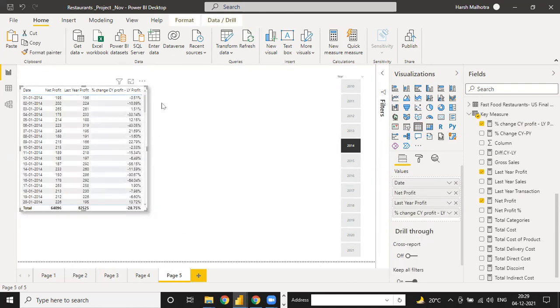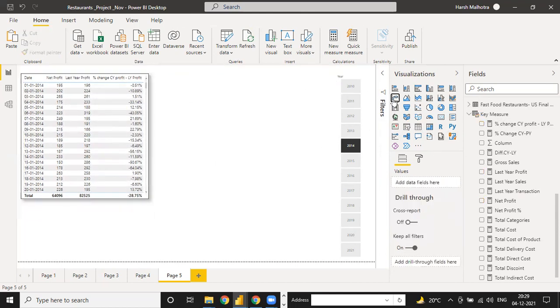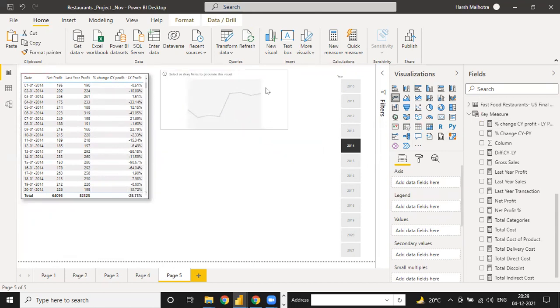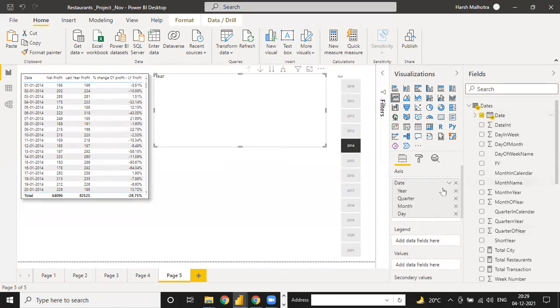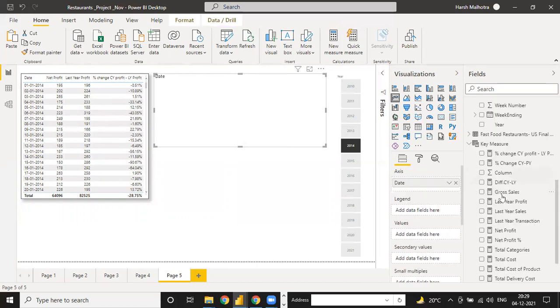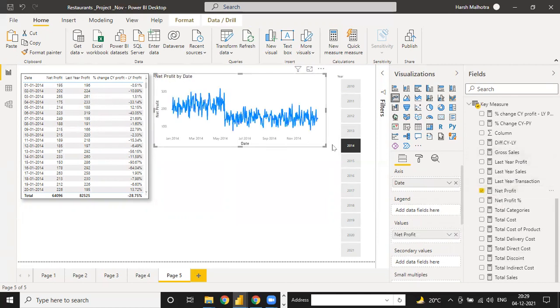Okay, and you can enter your graphical presentation like this: click this line chart. Okay, this is your date, click this, and now suppose if you click this net profit, this is your net profit, and what is your last year profit.